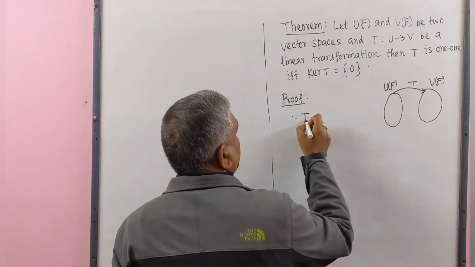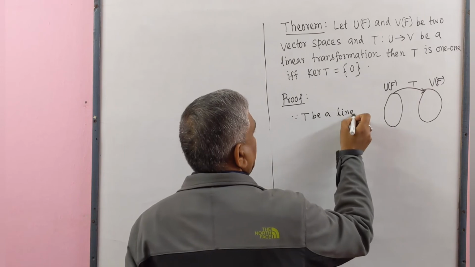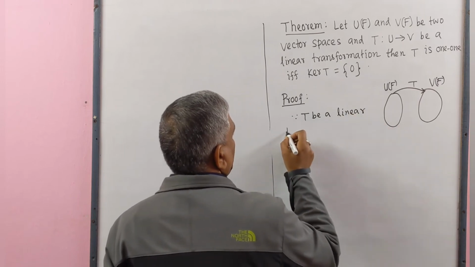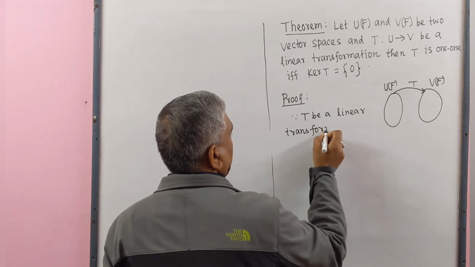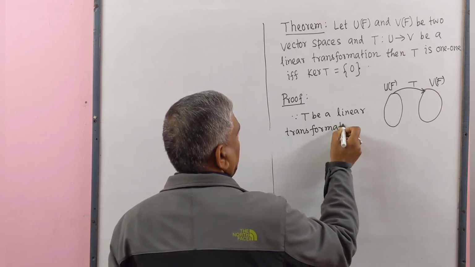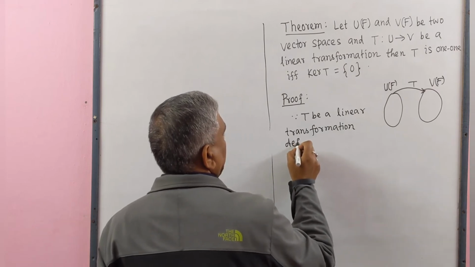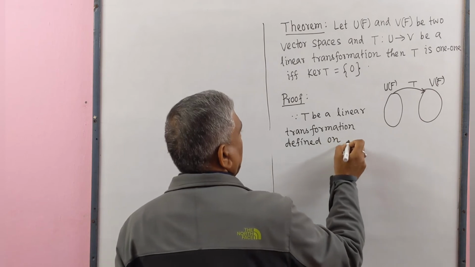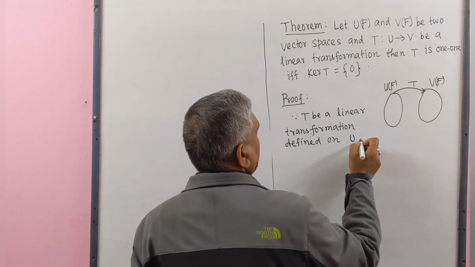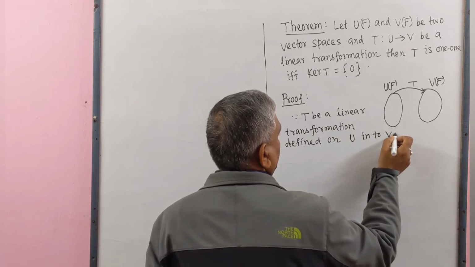Since T is a linear transformation defined on U into V,